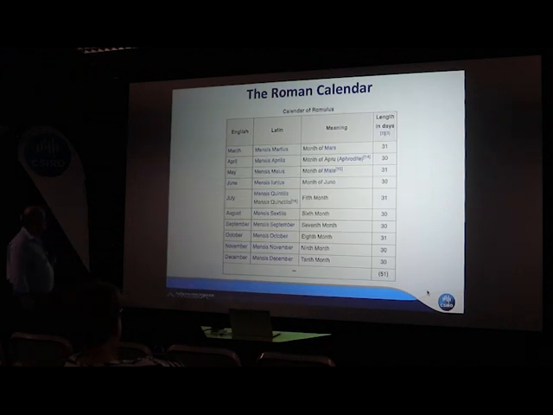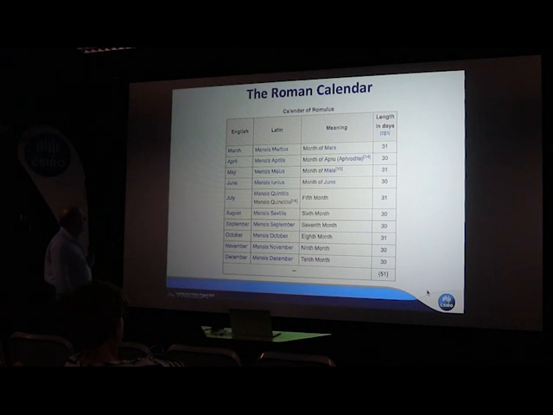And they had originally only 10 months in their calendar. The first month was March. Okay, it was the month of Mars. And then the second one was the month of April, or Aphrodite. April was the Latin for Aphrodite at that time. Maius, month of Maius. Juno, and then after that they just named them after the number of the month. So they had Quintilis, Sextilis, September, October, November, December, which is why these here coincide. The 7th is September, October is the 8th, and so on.